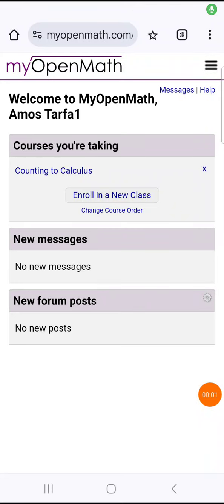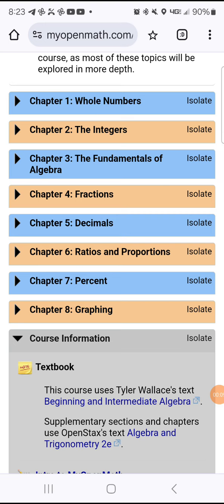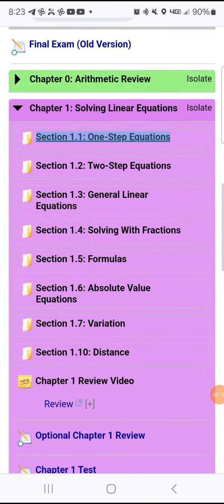So when you finish working on the assessments that I gave, this is what your interface looks like. You click on Count into Calculus, and then I want you to skip all these sections because everybody did very well with their pre-algebra assessment, so you don't have to worry about these topics. And go down to where it says